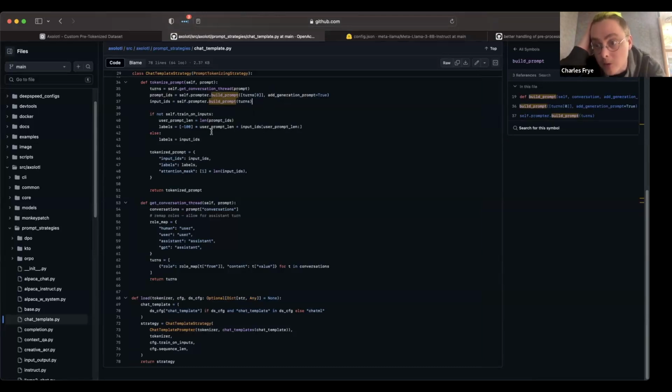Like if I use chat templates, because they have these specialized end of sequence token IDs that are special cased, then I don't have to worry about tokenization collisions between the inputs and the outputs. Right.